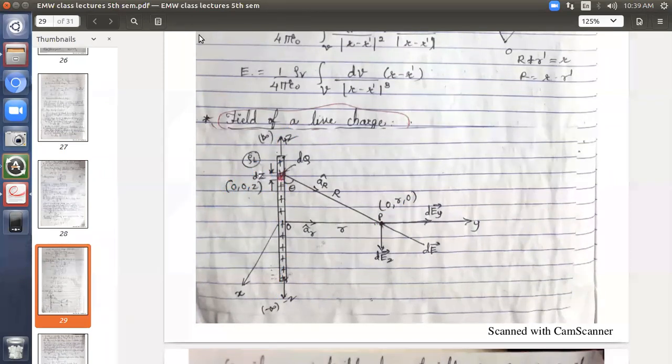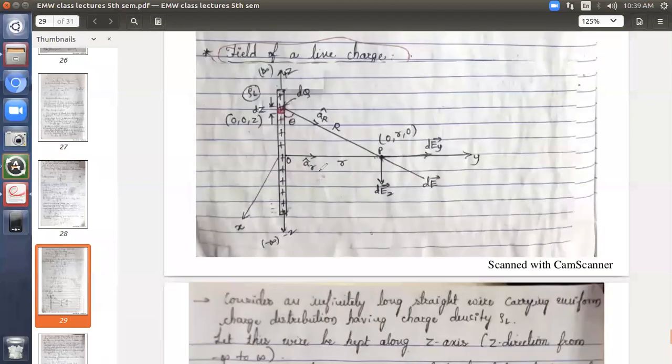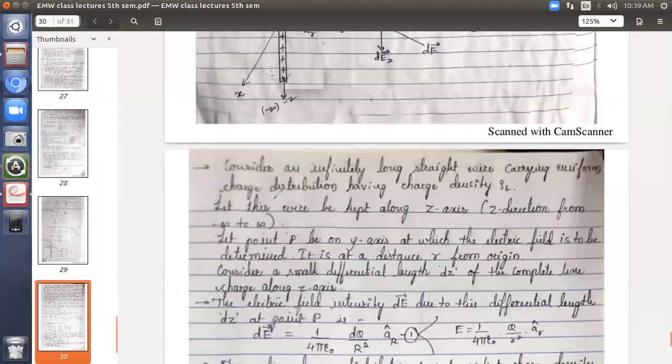I hope you understood the figure. So let me, with this considered figure, go for the derivation. Whatever I have drawn, the same thing is the explanation here. I will read it out.